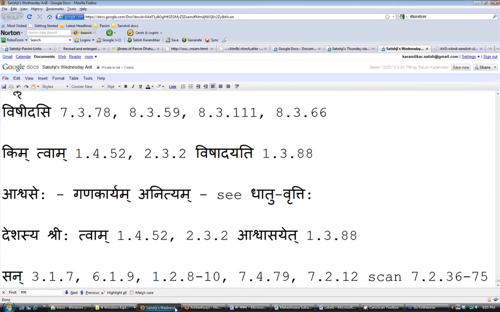Afterwards, it's going to be easier, because the idagamaha is going to be important, because that's going to tie into 1.2.8, 1.2.10, okay? Whether the idagama is there or not, it's going to be important because jaladi is mentioned here. So you have to start with that, okay? So this is the hard part. This 7.2.36 to 7.2.75, we start next time in the class, okay? And it's just a short overview for you for homework for next time.